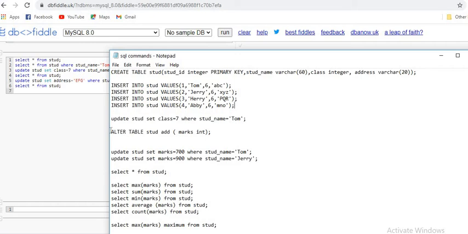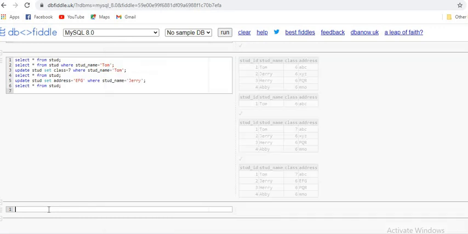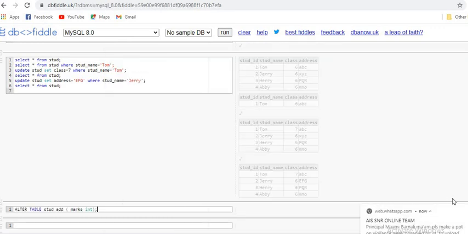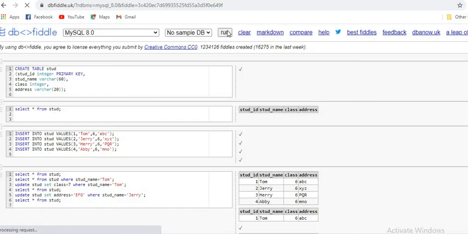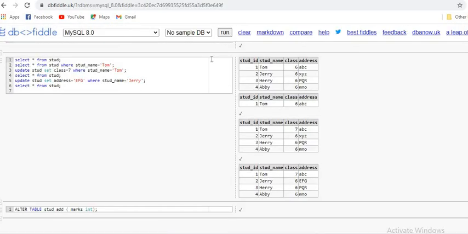So here I am just going to add one more attribute in that existing table. Let me just check whether it is working fine or not.